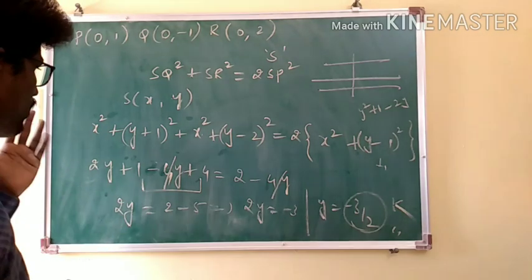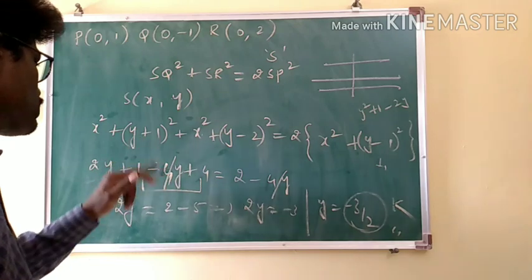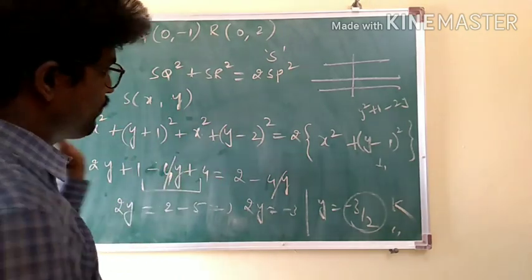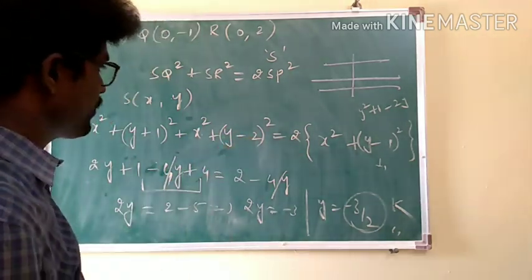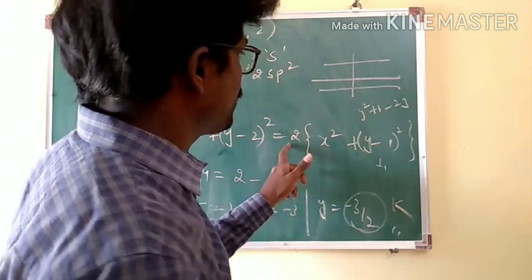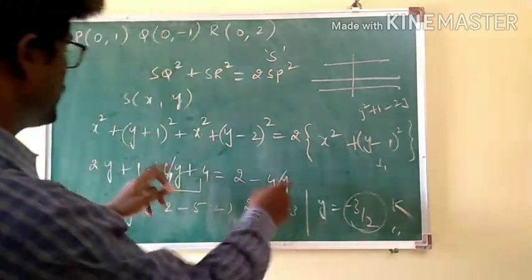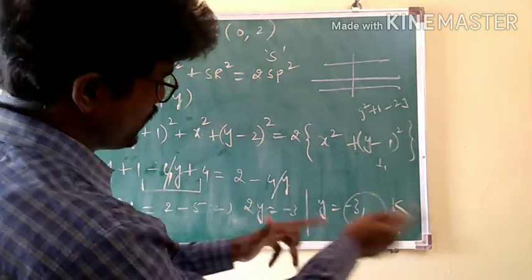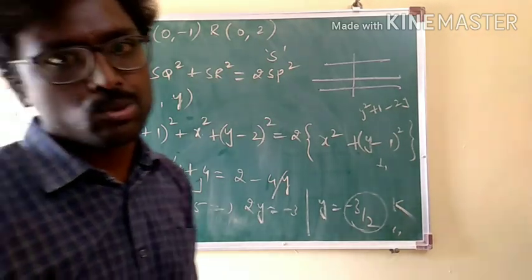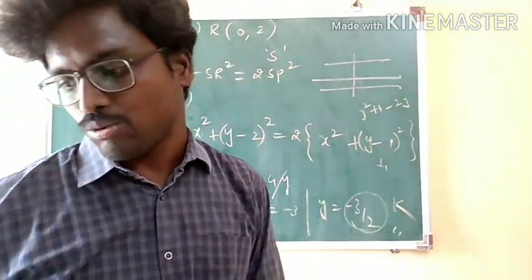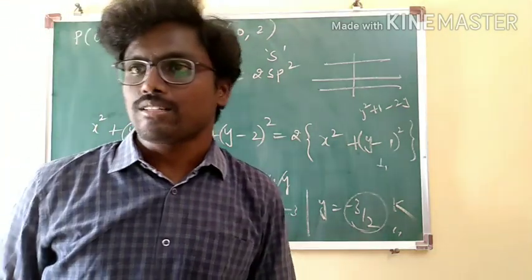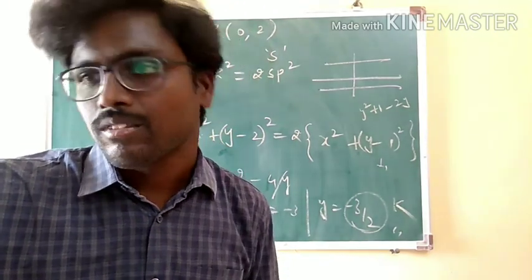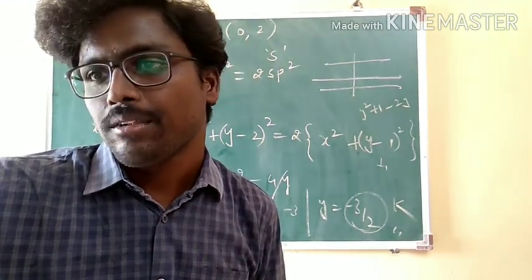So we have got here y square plus 1 plus 2y, so 2y plus 1, and x square already gets cancelled between the right hand side and left hand side, and y square plus 4 minus 4y. On this side 2 into 1 and 2 into minus 4y, these two get cancelled. 2y plus 5 is equal to 2, 2y is equal to 2 minus 5, 2y is equal to minus 3, y is equal to minus 3 by 2. It is in the form of y is equal to k, so the line is parallel to the x-axis. So according to the options, our suitable option is 1. Got it? Okay, let's go ahead.